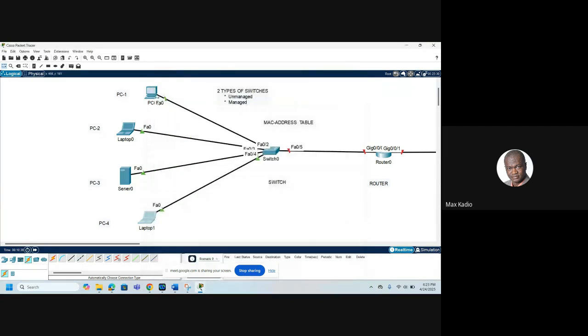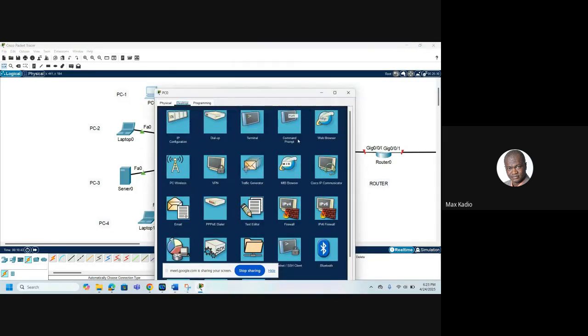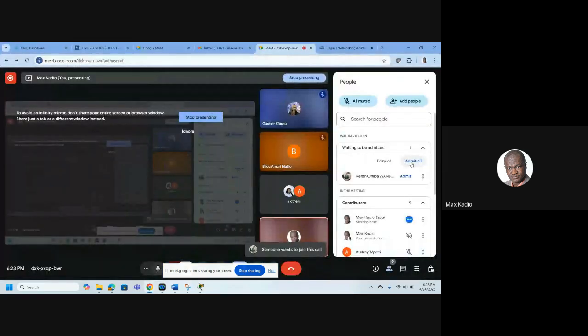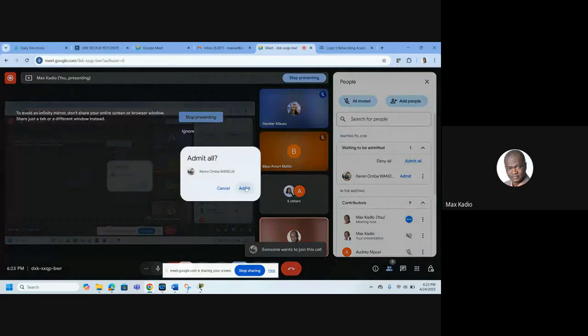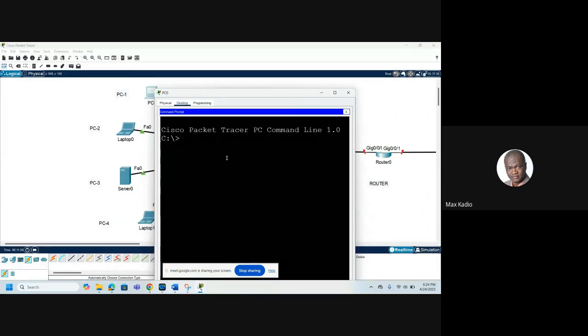Okay, so now if PC1 wants to talk to PC7, we go to command prompt. That terminal that we are using, you use that terminal only if you're using a console cable. If you use a console cable, then you come to terminal. But if you want to check connectivity, if you want to dial numbers, you come to command prompt. And to dial, you type ping and the remote PC IP